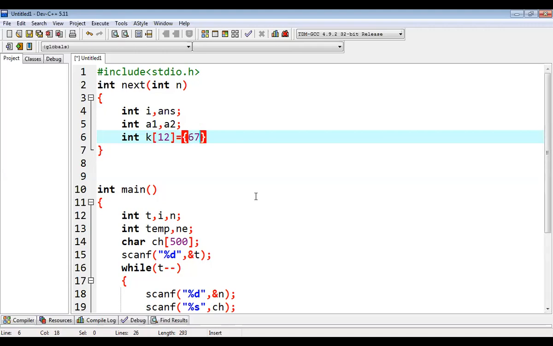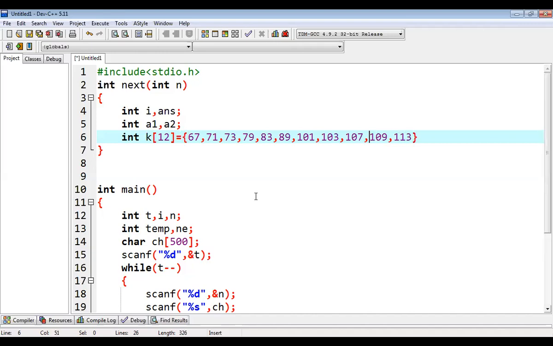I know that 67, then 71, then 73, and then 79, then 83, then 89, then 101, then 103, 107, 109, and last is 113.